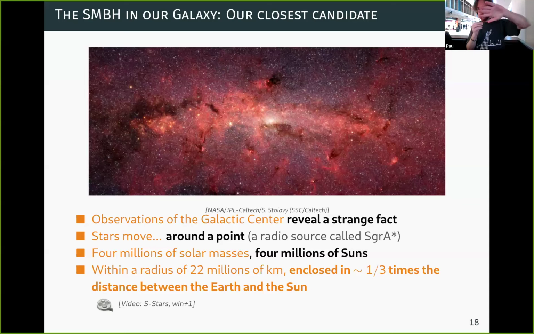We are on the plane of the galaxy, so we're looking at the galactic center from the edge, and we have billions of stars in front of us. We have gas, we have dust, and nevertheless, these people have managed to get to a distance as small as 1/3 the distance between Earth and the Sun, and to resolve what is in there. So this is impressive. But it is really hard to work with light.